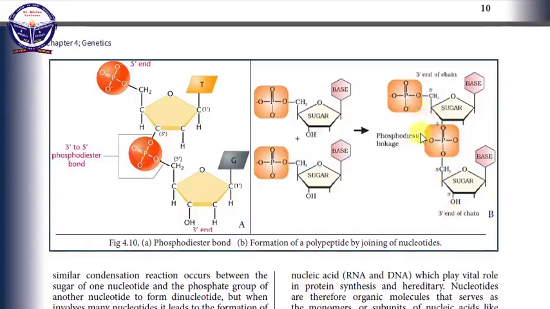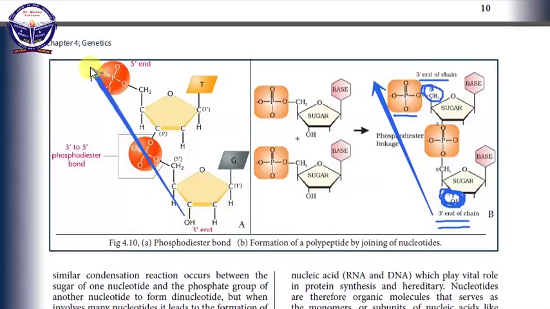And the nucleotide chain has two ends. It has the 3' end and the 5' end. The 3' end is the one which ends with the free hydroxyl at carbon number 3, while the 5' end is the one which ends with the phosphate group. So it has two ends. You need to remember this, because even when we are explaining the orientations of the DNA and RNA molecule,